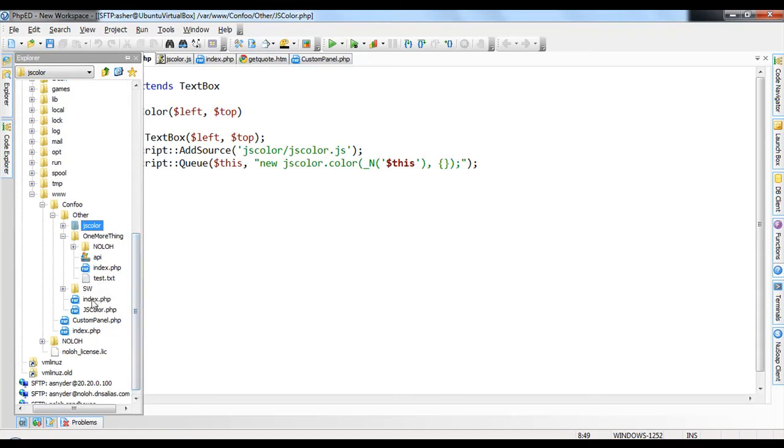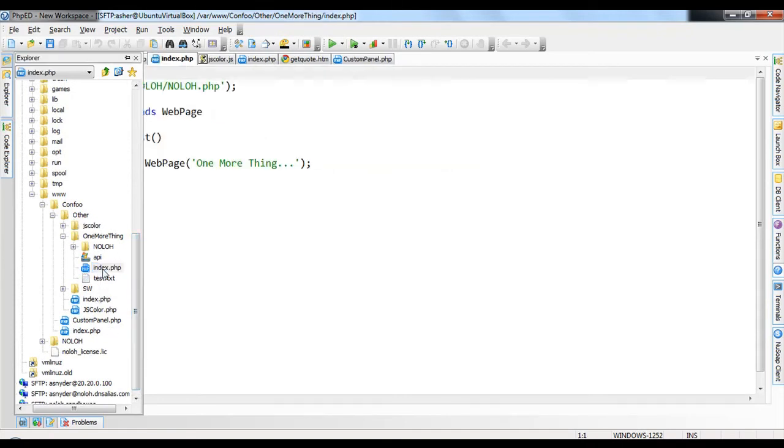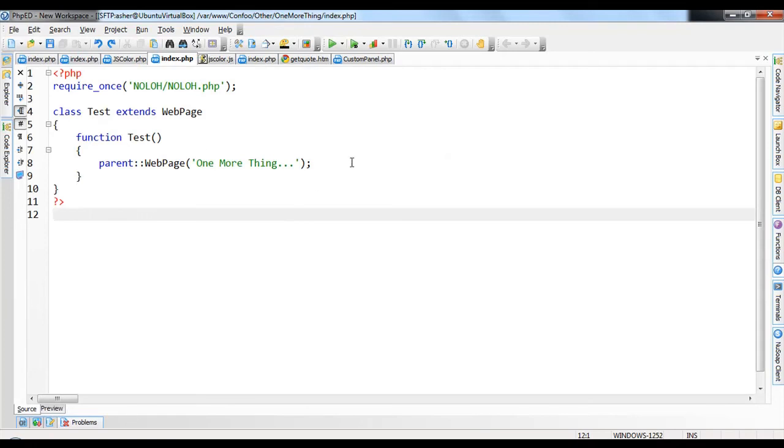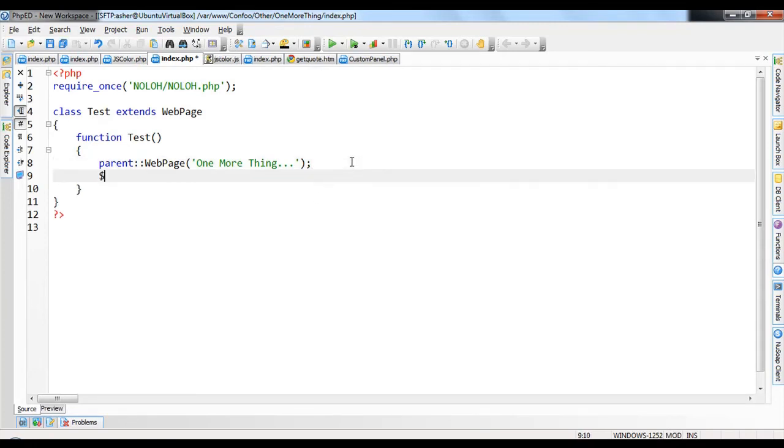And so you see, just test webpage, one more thing, and we're just going to add what we call a listener. Okay, so we're gonna have a listener. You just do new Listener, and a listener binds to a data source. You can bind to a text file, a function, a web service, a database.